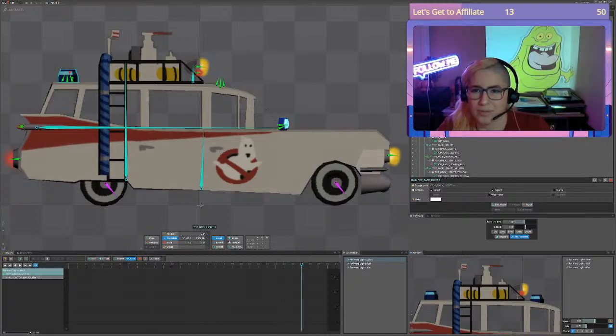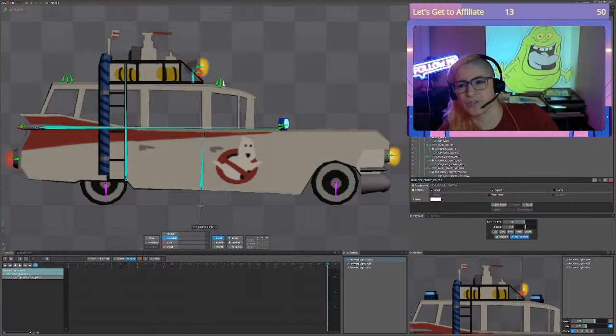Switch back to light 3. 28, 29, 30. So light 30 is switching. We're gonna put it on light